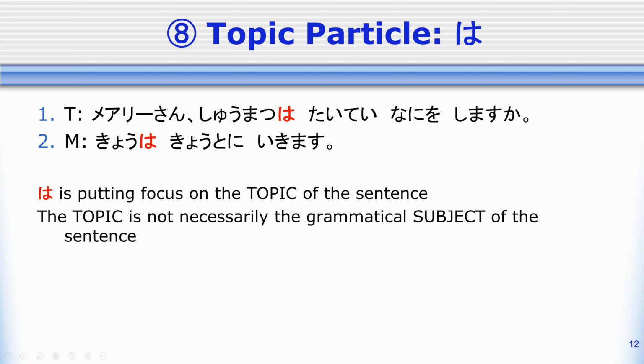The same with number 2, when Mary-san says, 今日は京都に行きます. She's not saying today we'll go to Kyoto. Like today is not a person and they're not doing the action. She's just saying that as for today, talking about today, I will go to Kyoto. So the I in this case is kind of implied, and we are using the wa to mark the time